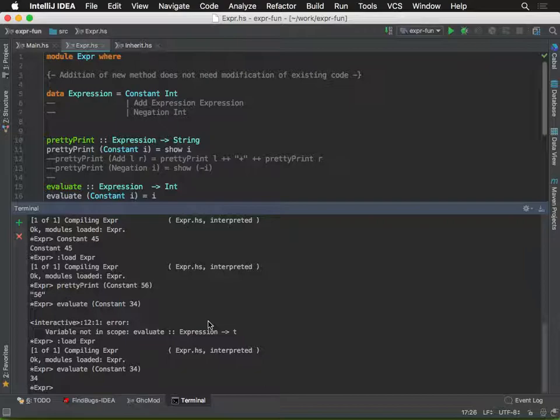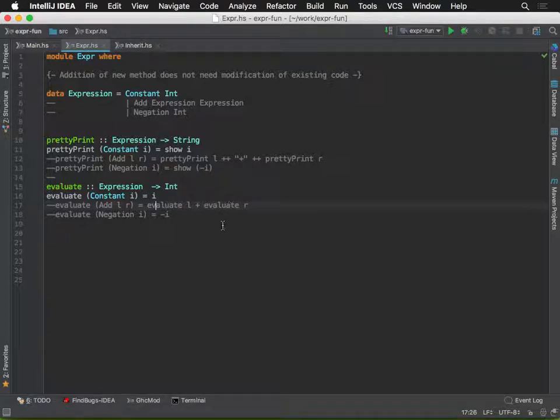So again, REPL driven development is very good when you build a project. Otherwise, you save it and then, as opposed to Tomcat or JBoss starting the whole process with a hierarchy of class loaders, that stuff is really simple at the Haskell level. Okay, so now we are able to add a method in Haskell without touching the